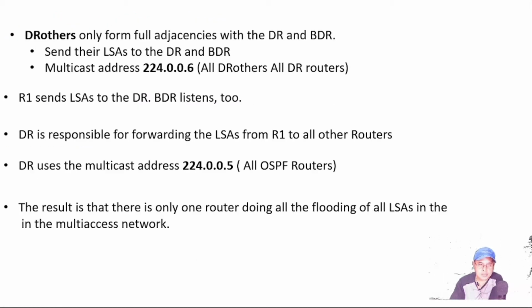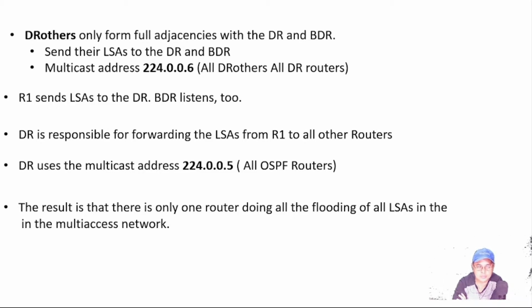Now, the DR is responsible for forwarding the LSA from R1 to all other routers. So once the DR receives the LSA of R1, it will forward it to the other routers that are participating in the routing domain. And the designated router uses the multicast address of 224.0.0.5, all OSPF routers. So that is the difference. DR others use multicast address 224.0.0.6, and the DR uses the multicast address